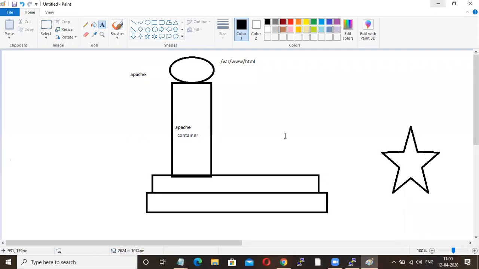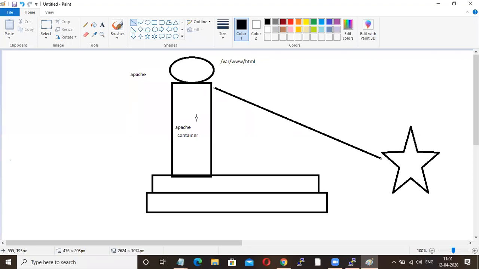Okay, so now what your developer is saying is that he needs access to this container. Why? Because everyone knows this is the default path for your Apache. Now your developer is asking that he needs access to this path, so that he can place all his static files. As an admin, if you give access to the whole container, the developer might misuse it, or start or stop it, or he might corrupt your container.